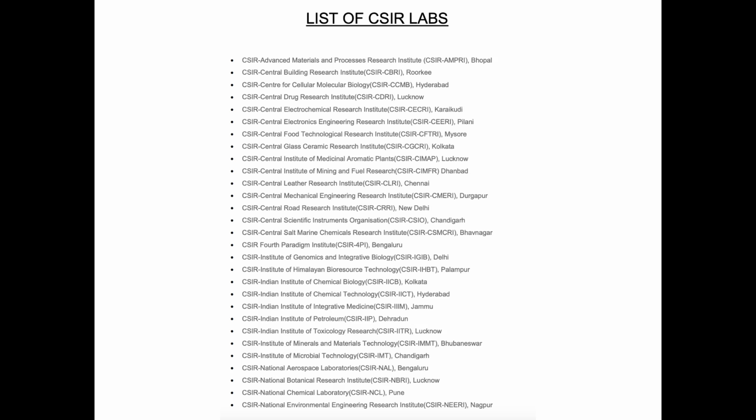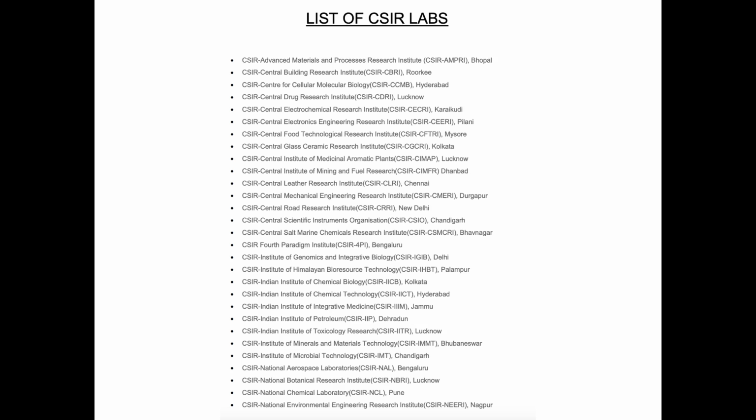So next, what are the different CSIR labs? There are two different kinds of institutes. One is state universities, the next is central universities, and the mandate of these universities is to promote academics like graduate programs or master's programs. And the other kind of institutions are autonomous bodies.